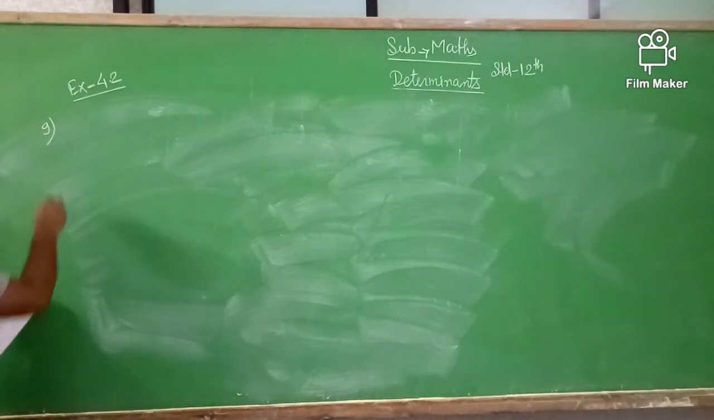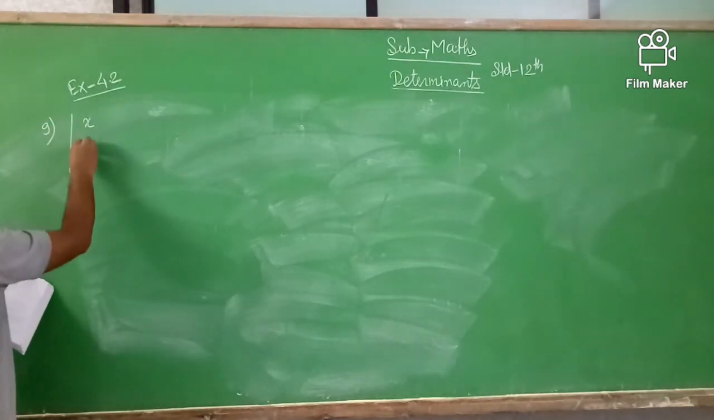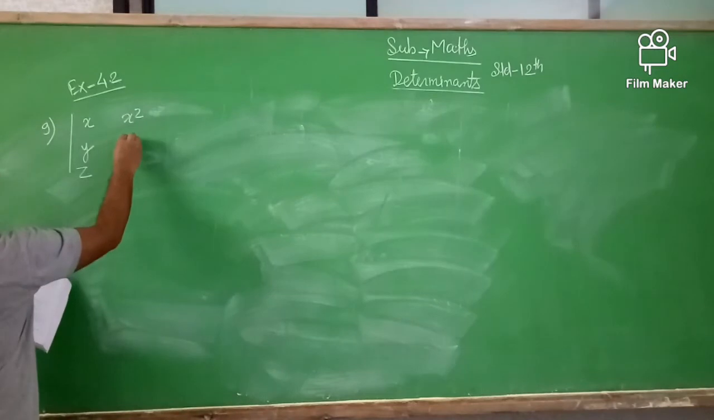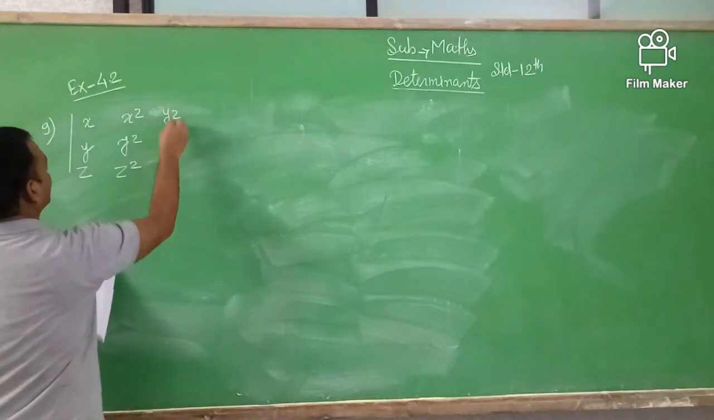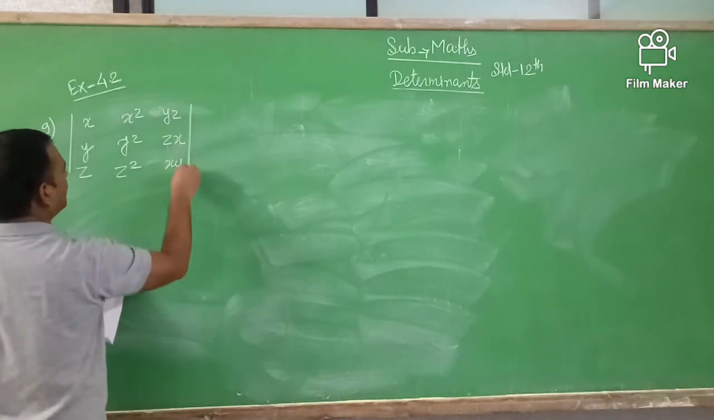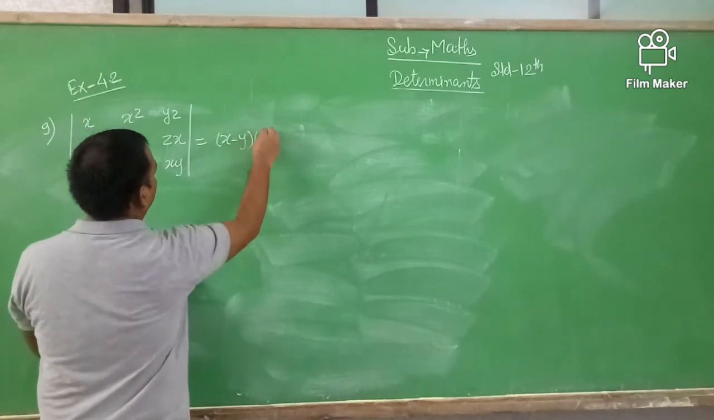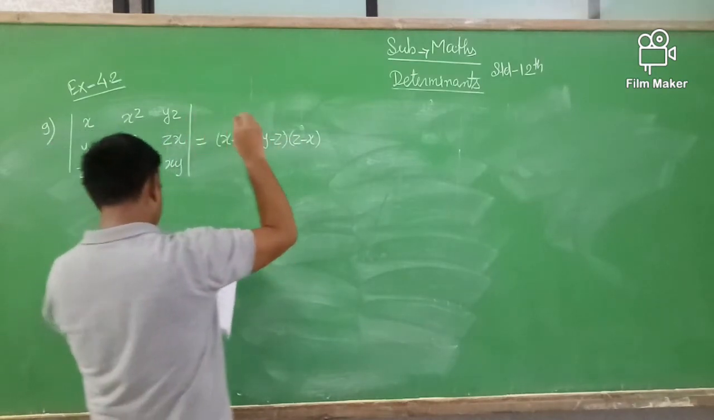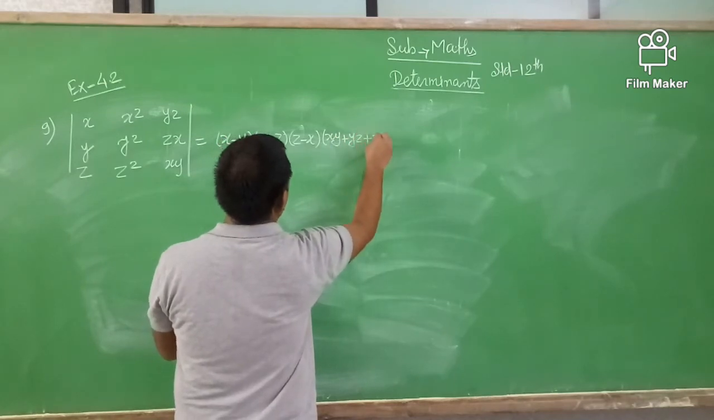The question, question number 9, is that the determinant with the first column x, y, z, another column x square, y square and z square, and the next is yz, zx and xy, and you can prove this is equal to x minus y, y minus z, and z minus x, and then